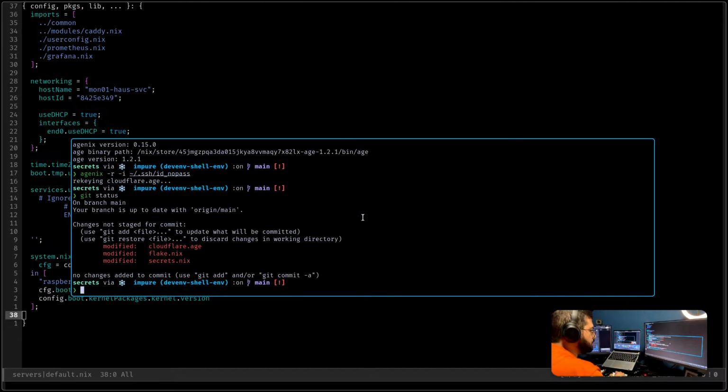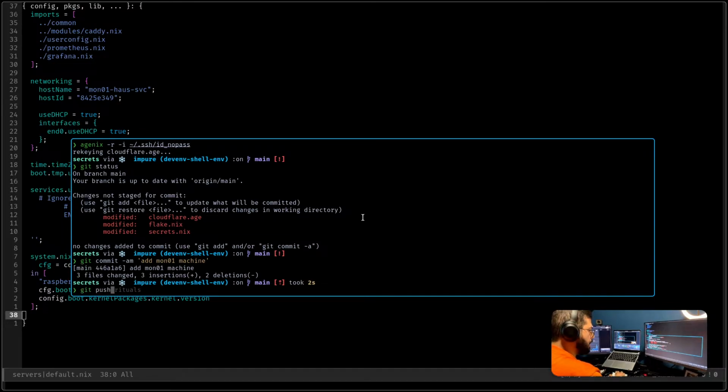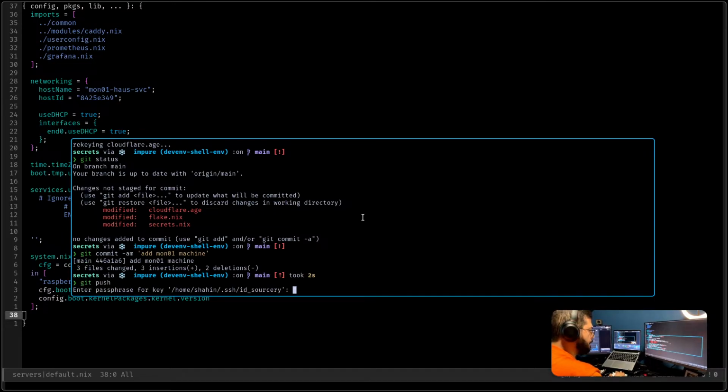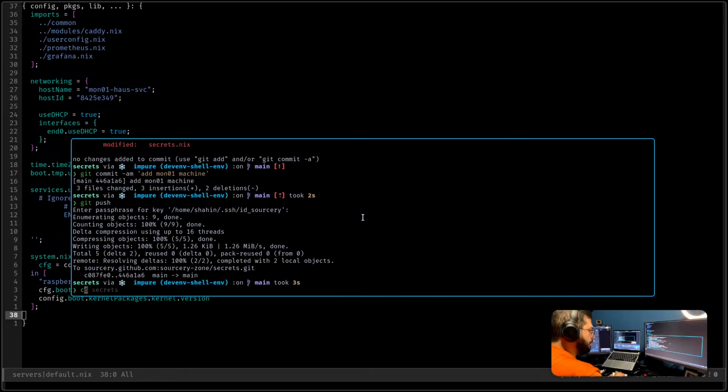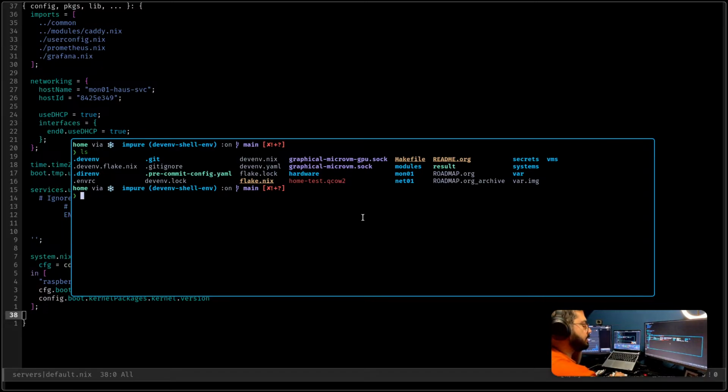Git status, git commit -am, and then what else? I need to nix flake update secrets.